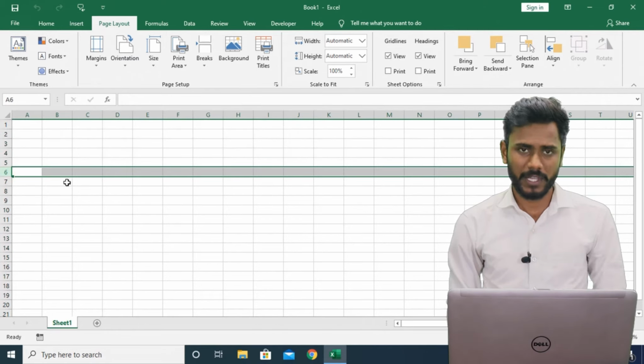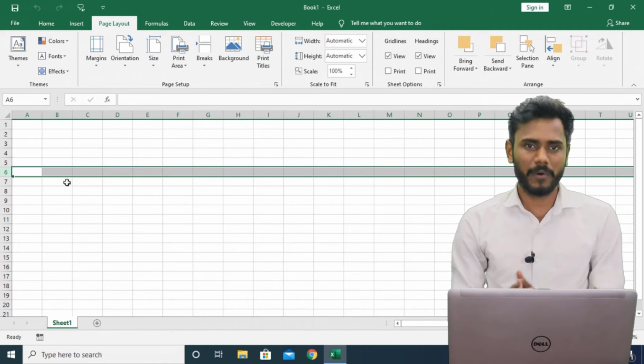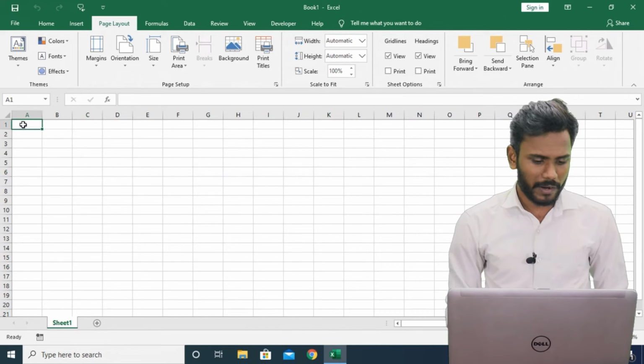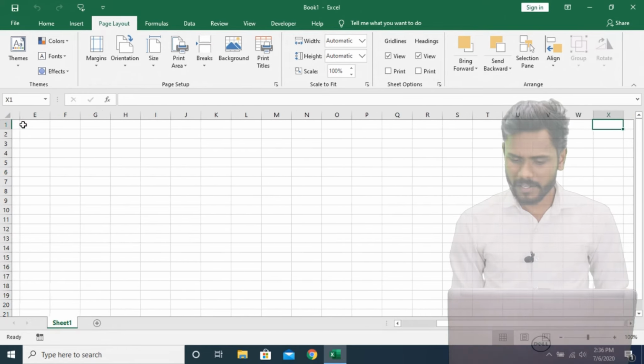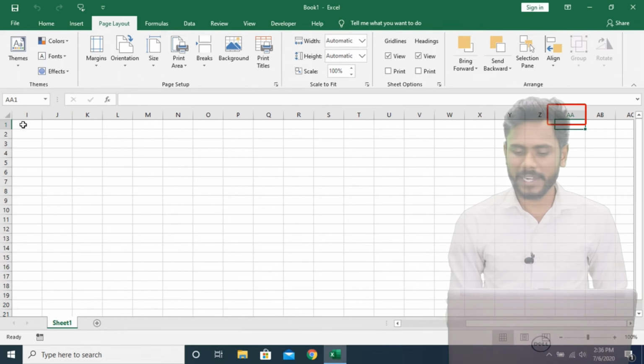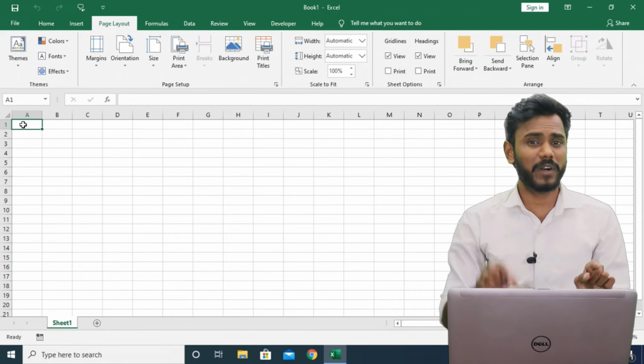I have a doubt: in a single sheet, how many columns are available? What is the first column? Column A. When you go forward, you may see that the system starts again with double A. Likewise, I just wanted to know what the last column is.